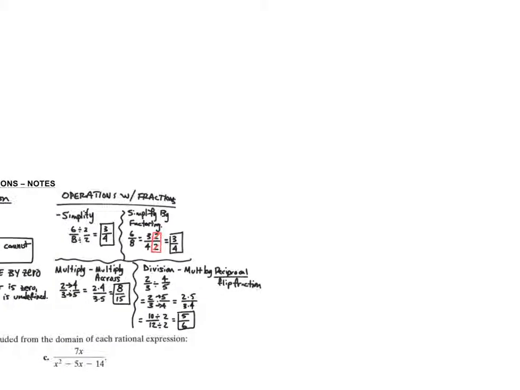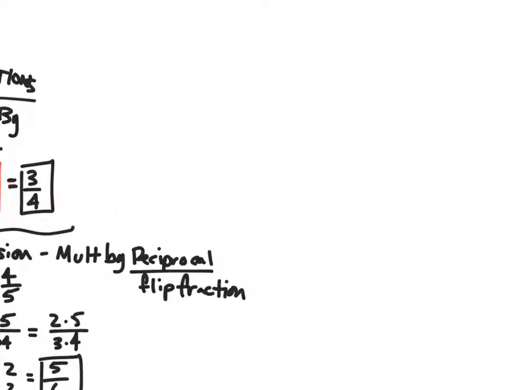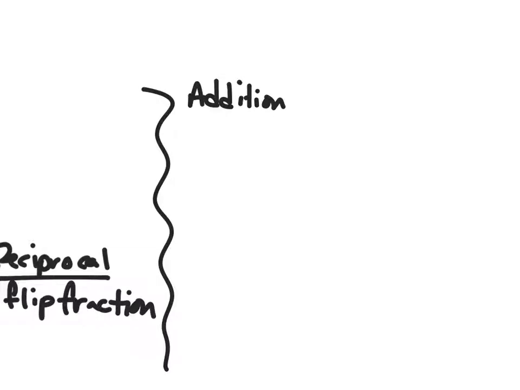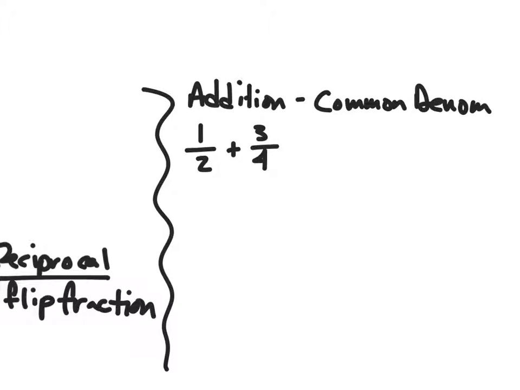Probably need a little bit of a refresher. Let's do adding and subtracting. So we have addition, and we just need common denominators. All right, so I'm going to do, say, 1/2 plus 3/4. Since I don't have common denominators, what I have to do is turn one of the denominators into the other one, if you can. And we have to use multiplication. So what I know about this